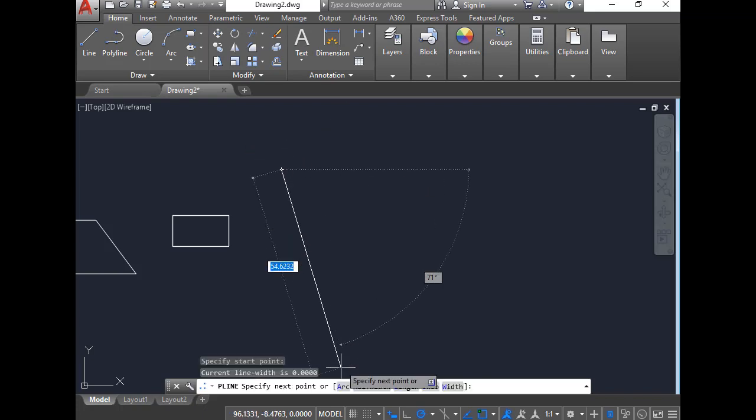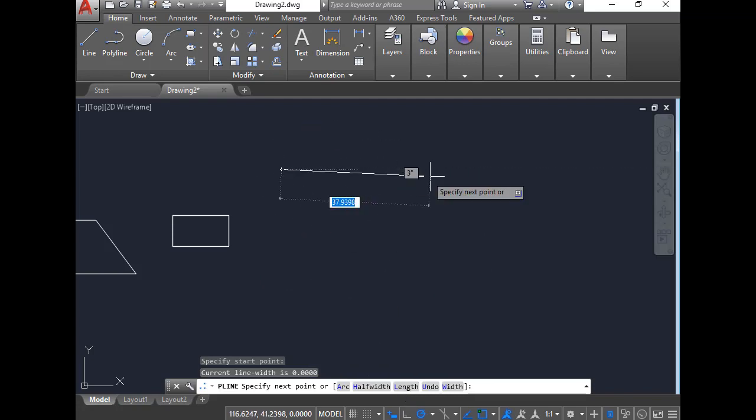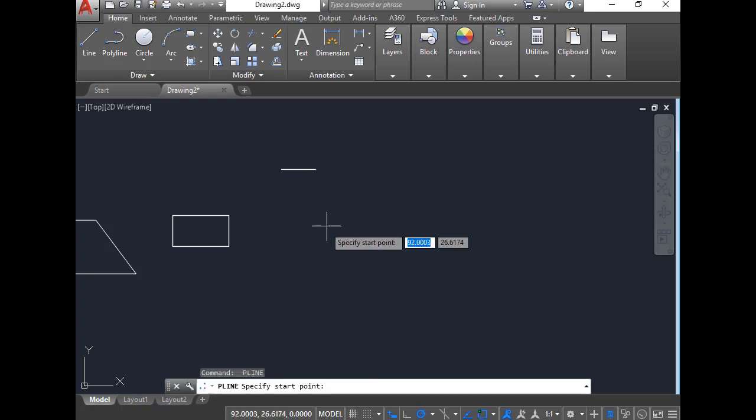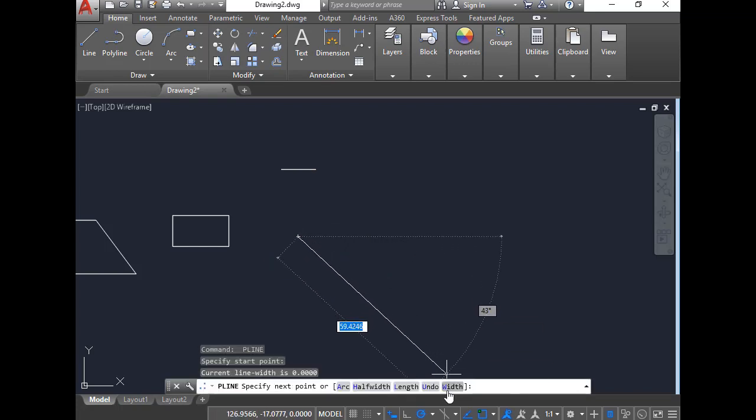So what options do we have? Let's see the command line. We have Length, ignore it, just enter the number, and we have Undo, Ctrl+Z is better, and Width, which increases the width of the line. The shortcut to any option is the blue character while you are inside the command. So we specify the starting width as 0.5 and enter.